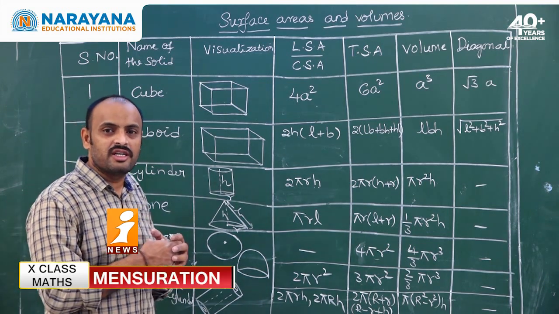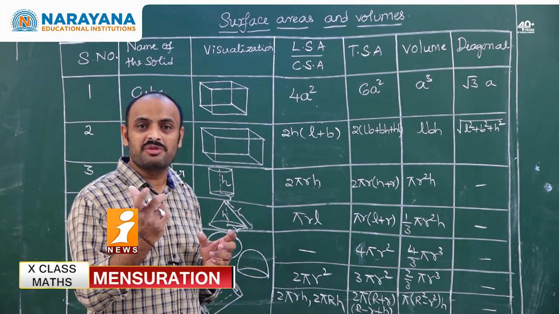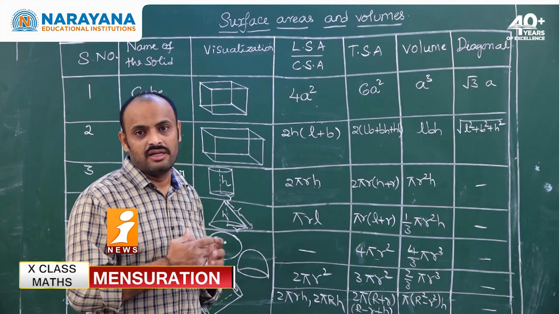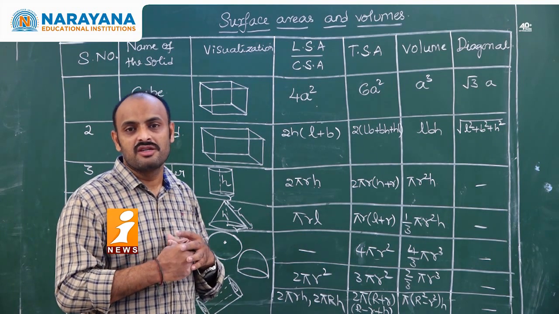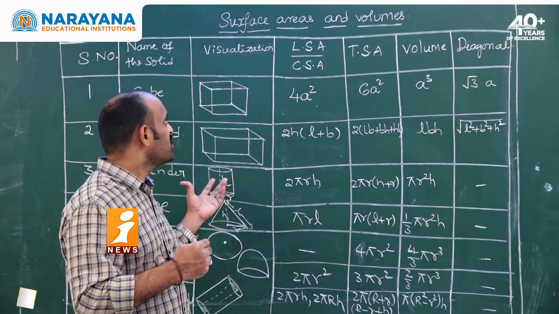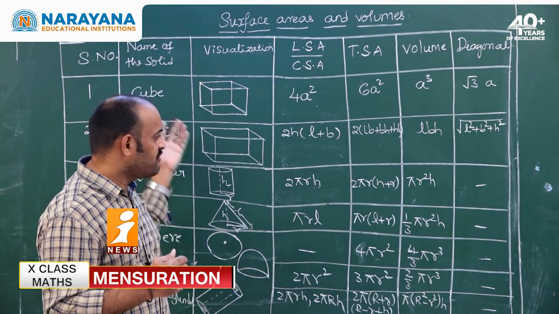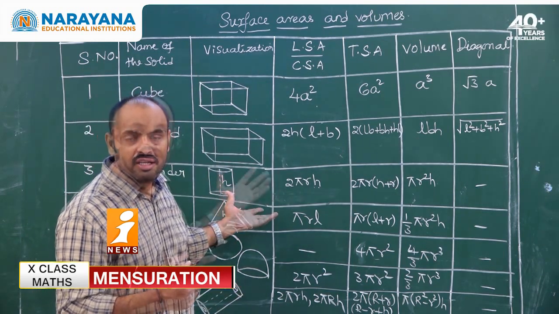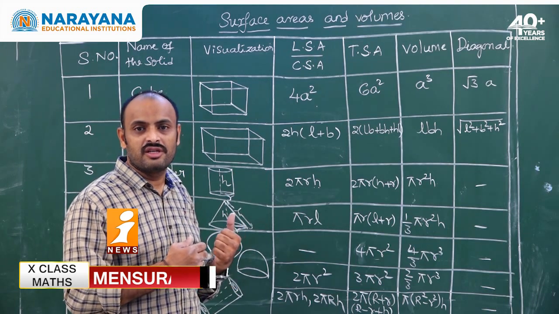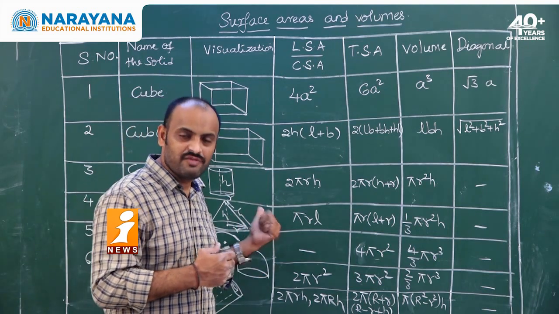And we know one more thing, one more 2-dimensional figure, the ring. The area of the ring is pi times (R square minus r square). So we have seen all these things and put them in tabular form so that we can identify them easily. Now, how to use this in the questions, that we will see next.